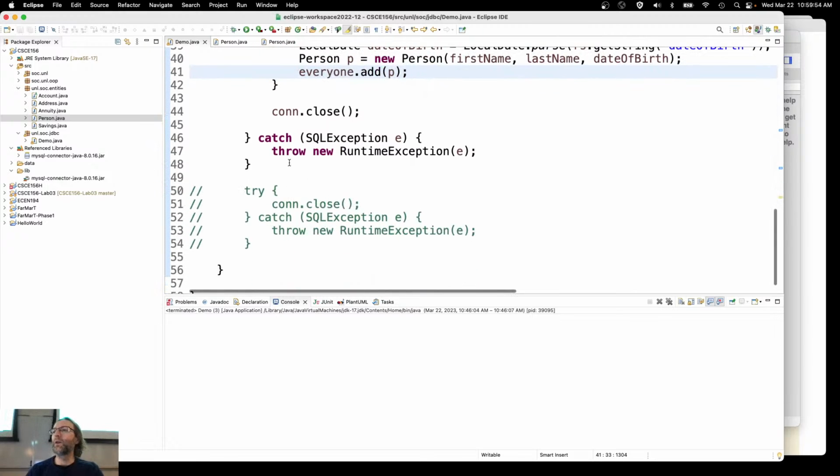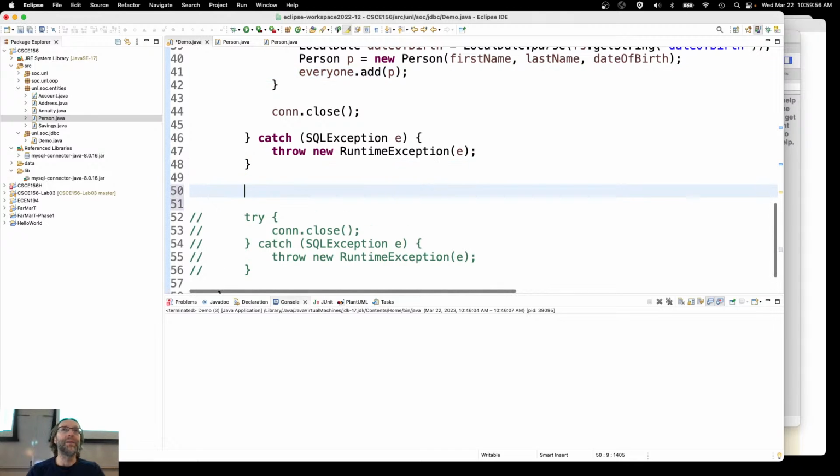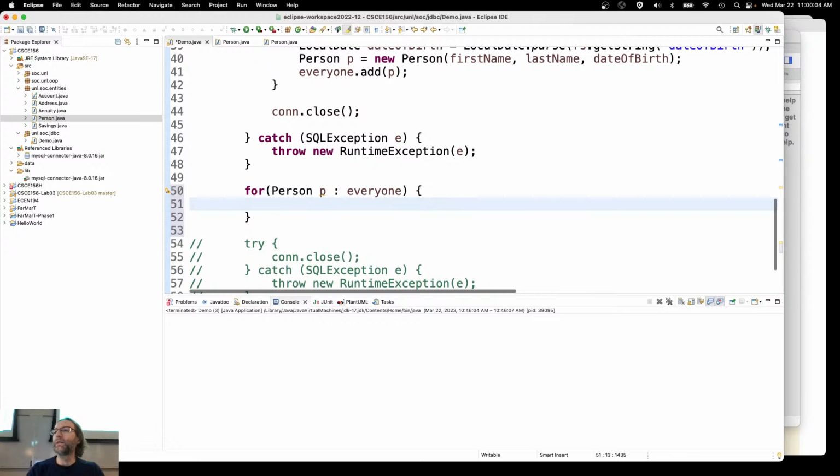Now at the end, let's go ahead and print them. Now let's print them all out to make sure that it works, right? So for person P in the collection everyone, I will go ahead and say system.out.println. Hopefully I did a toString method so that I don't have to worry about pulling out each individual thing and then printing it out. Again, that's something that we're seeing with assignment 3,